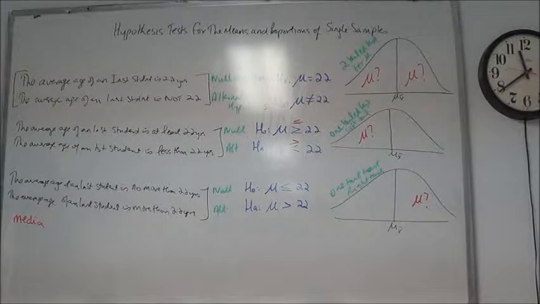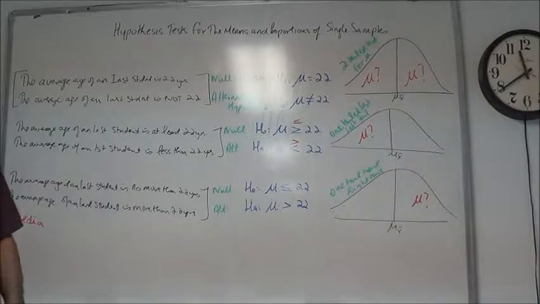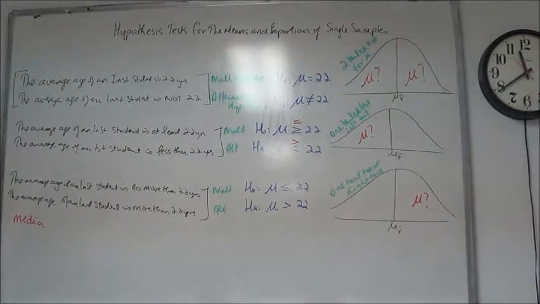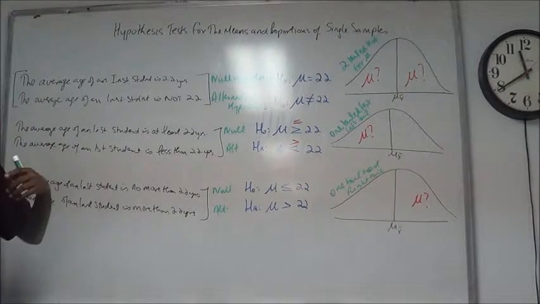Second problem, the second thing we've got to look out for is whenever somebody makes a statement, and that statement is of what we call extreme directionality, extremes. If we notice here, he only said that the average age of an institute student is at least 22.